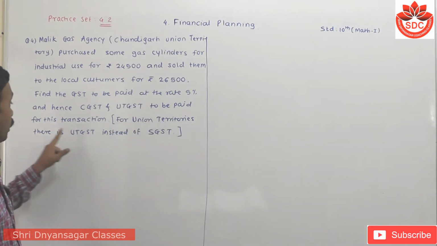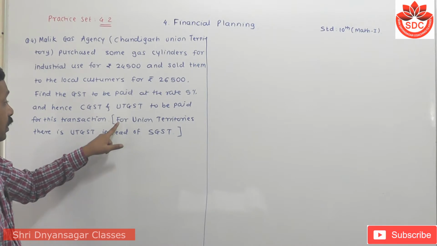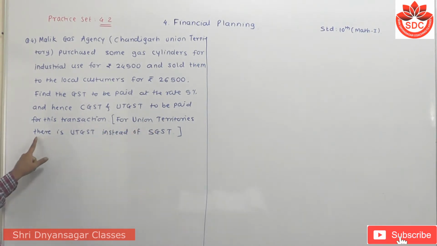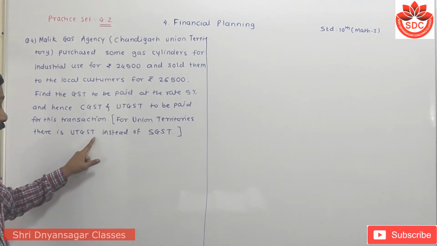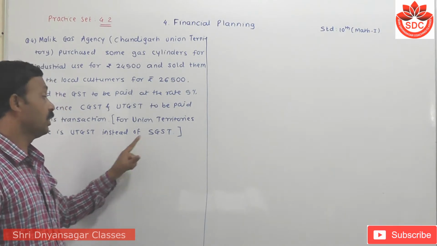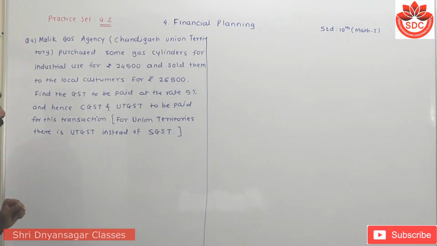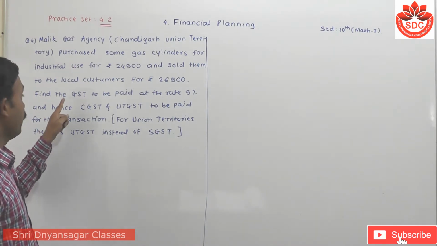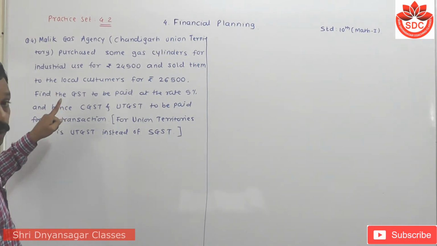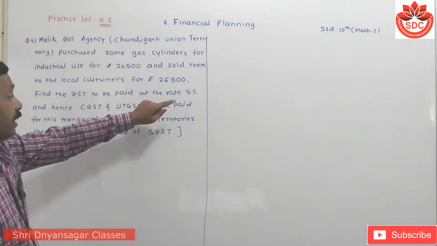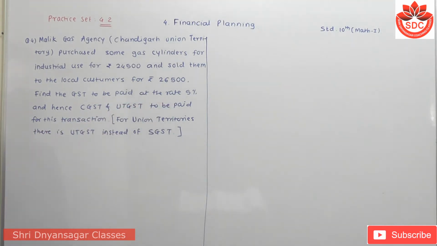For a union territory, look here, UTGST is used instead of SGST. Okay, students. Now here we have to find input and output tax at the rate of 5%. Now its solution is: